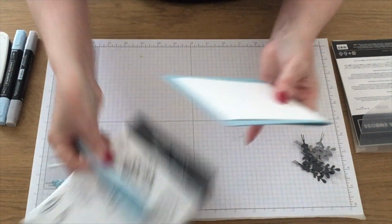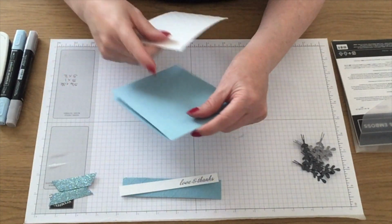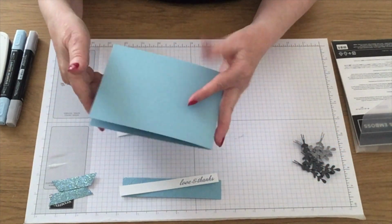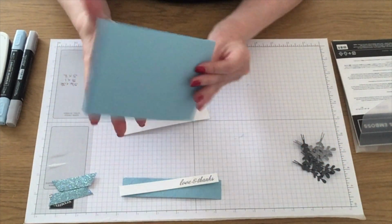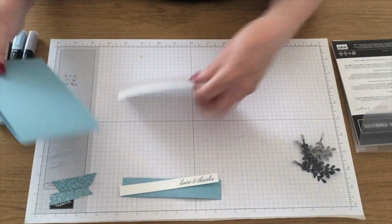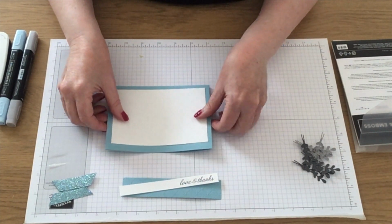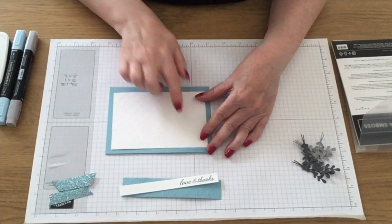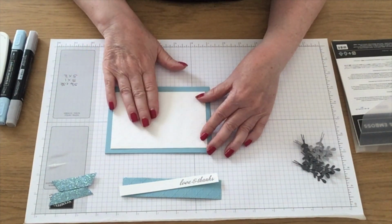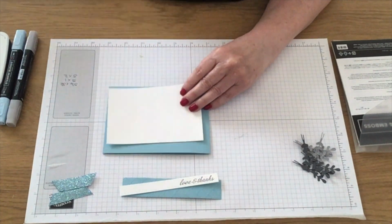So just to save a bit of time really, I've pre-prepared some. So A4 card, cut in half, scored and folded, and my card is going to open this way. A piece of Whisper White cardstock, which I've embossed. This is 5 1/4 by 3 1/2. I'm going to stick this directly onto the front of the card,